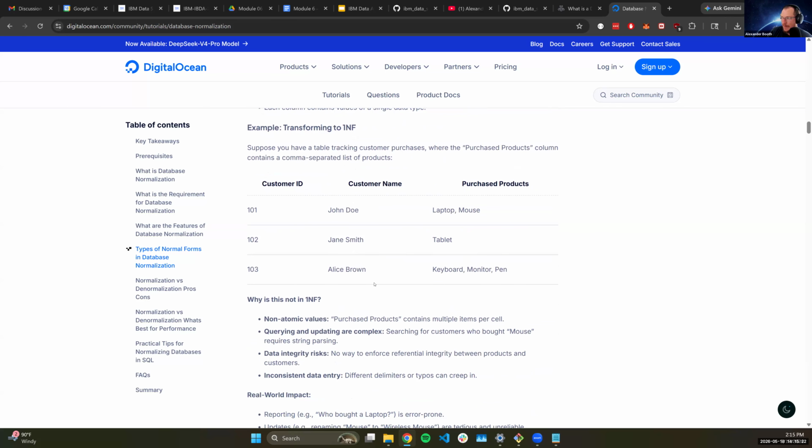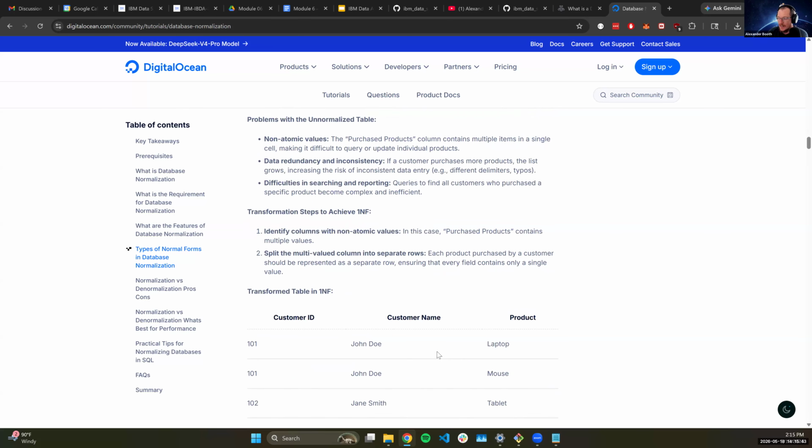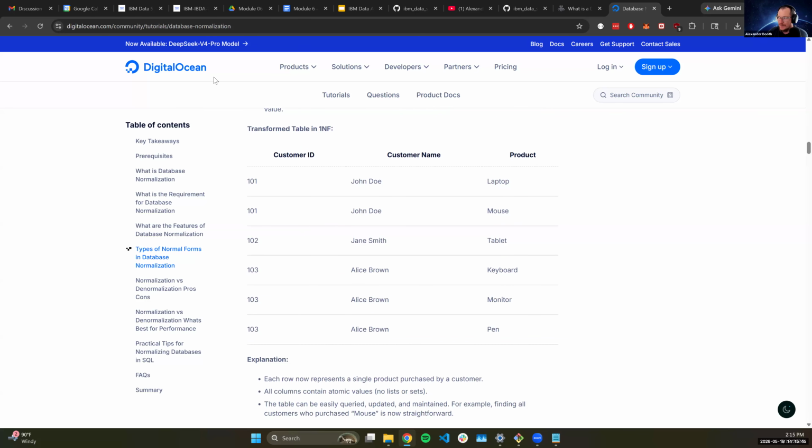So here is a table that is not normalized and it's not flat. It's not even in our first normal form. It's not flat because we can see that customers are buying multiple products. We have multiple pieces of information in a cell. It is not flat, so we need to flatten it out into a normalized table. To flatten it out, we can just do this, where we now have our customer ID, customer name, and then the product that they bought.